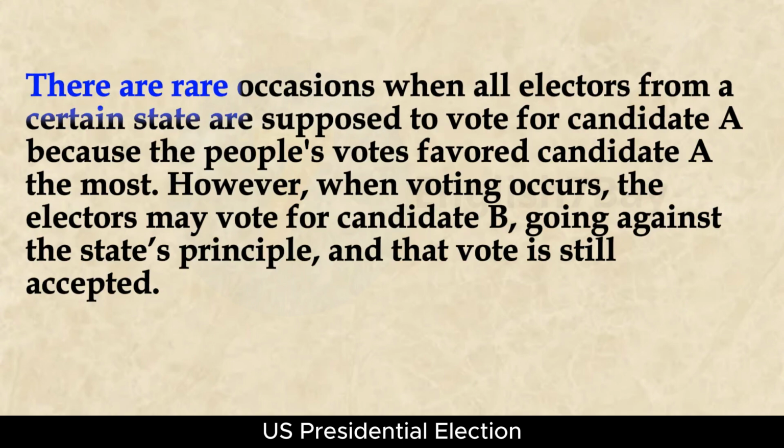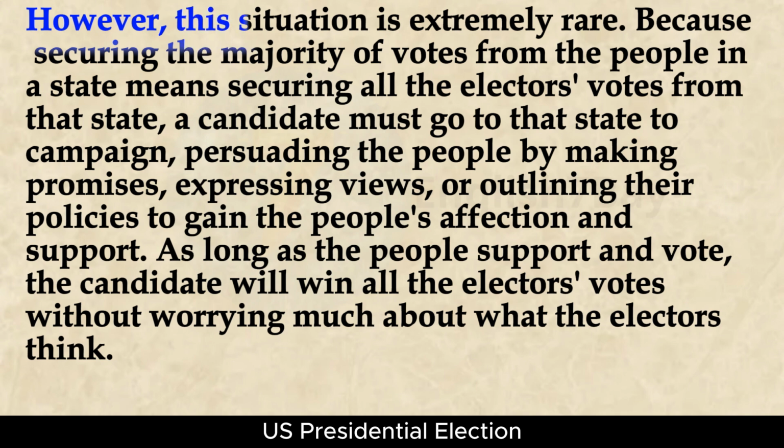There are rare occasions when all electors from a certain state are supposed to vote for candidate A because the people's votes favored candidate A the most. However, when voting occurs, the electors may vote for candidate B, going against the state's principle, and that vote is still accepted. However, this situation is extremely rare,